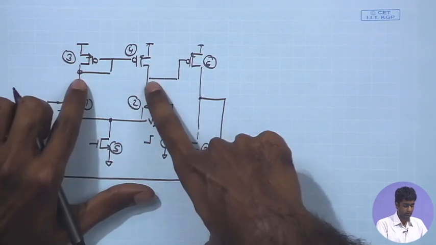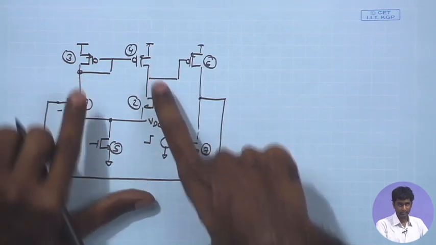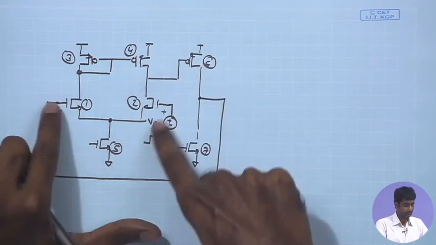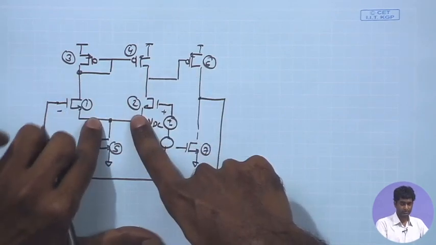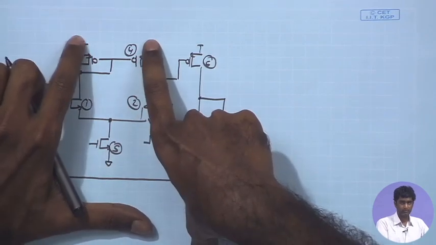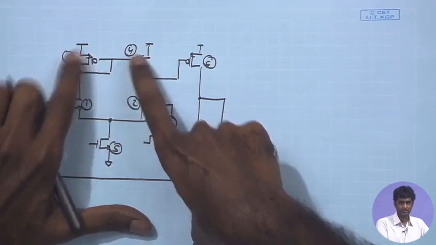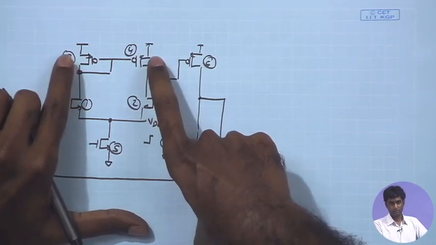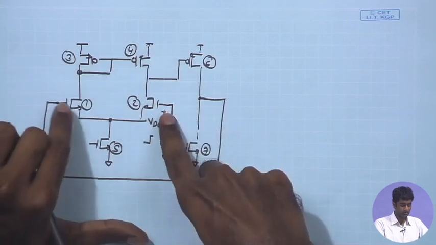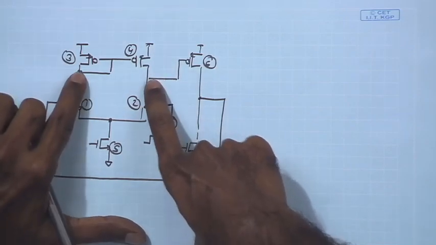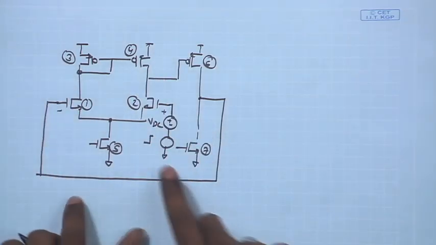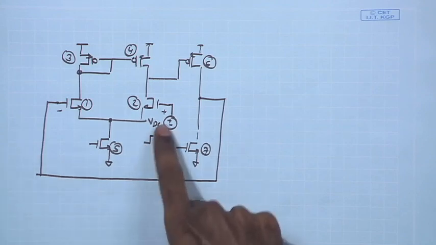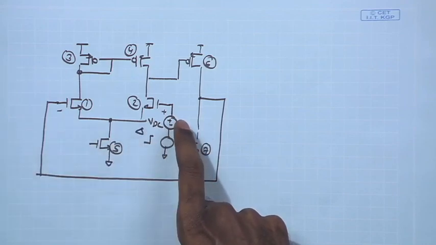When the two input DC points are the same, we know that for the differential pair both these DC points are going to be the same, because if these two gate voltages are the same, equal to the applied DC potential VDC, I have almost the same current flowing through both the transistors. The upper transistors also have the same gate voltage, therefore their VSG will be the same, and hence the other variable, which is VSD, must also be the same. So, under common mode operation, if these two potentials are the same, this potential is going to be the same. Now, if you apply a step potential at t equal to 0 and this becomes VDC plus delta,